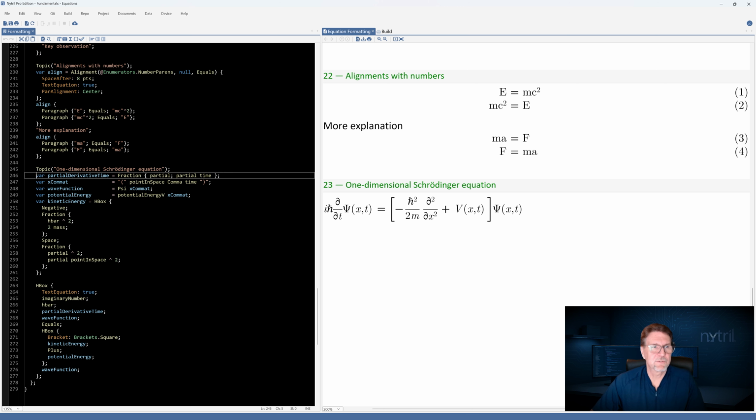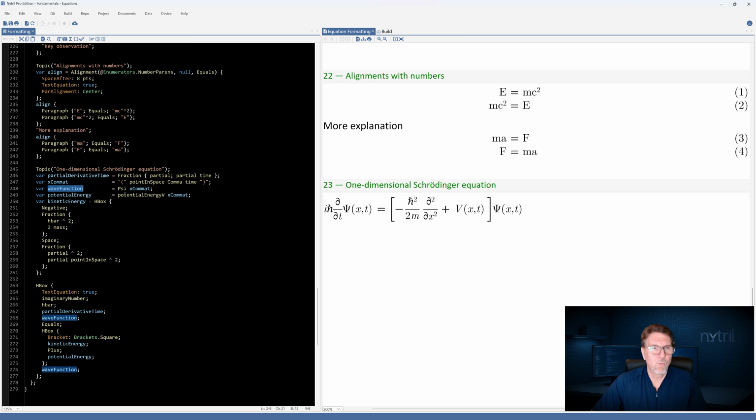And then I've got some variables declared here. Now these could also be done globally. If you were to need to use these in other equations throughout your document, it would make sense to put them in a namespace or just put them up as global variables. But in this case, I just made them local. And I divided up the different areas of this particular equation, the different functions of this equation. For example, here is the partial derivative with time. And then we use over and over again this left parenthesis x comma t right paren. So I have this here as a simple variable showing that layout.